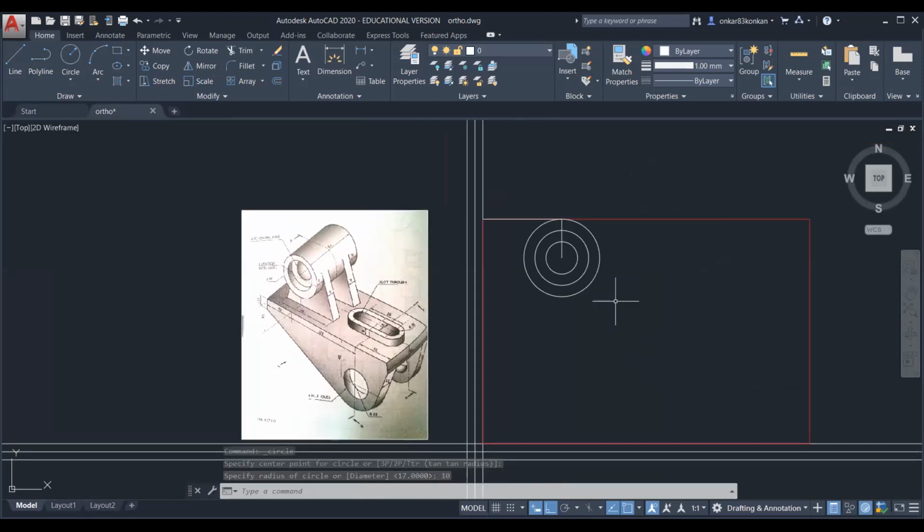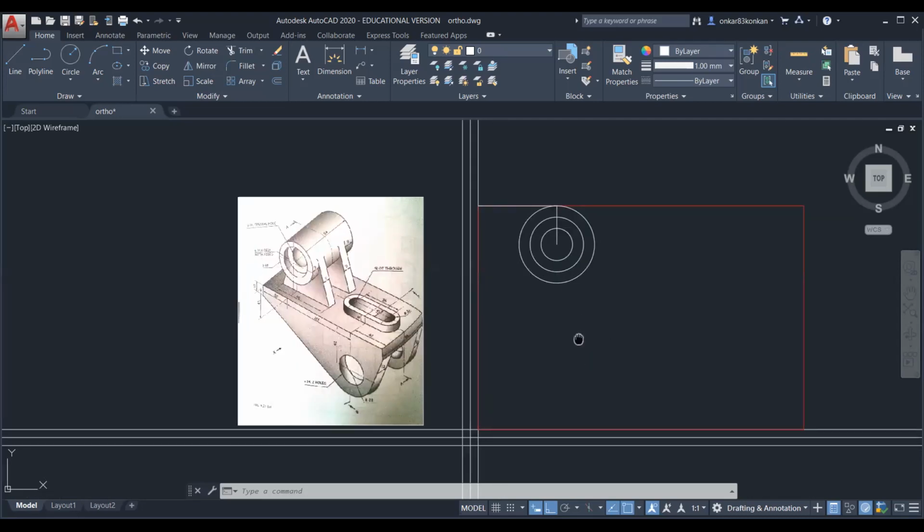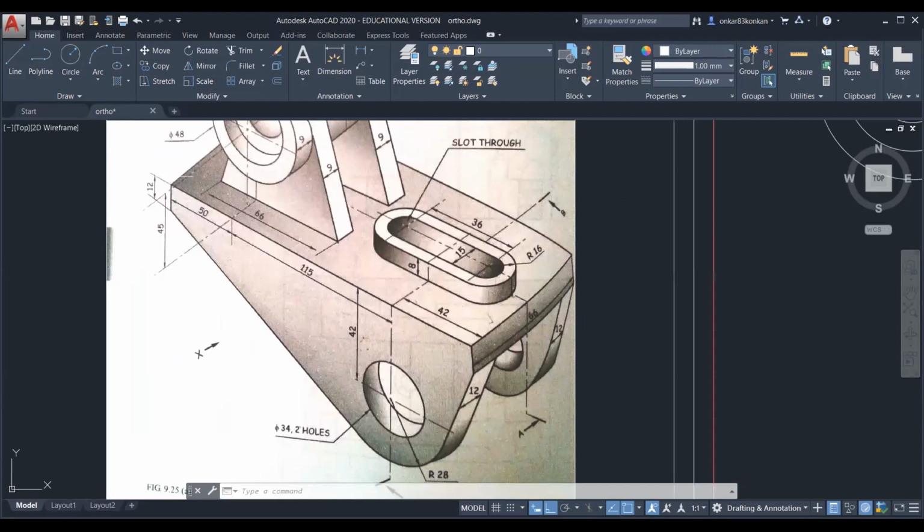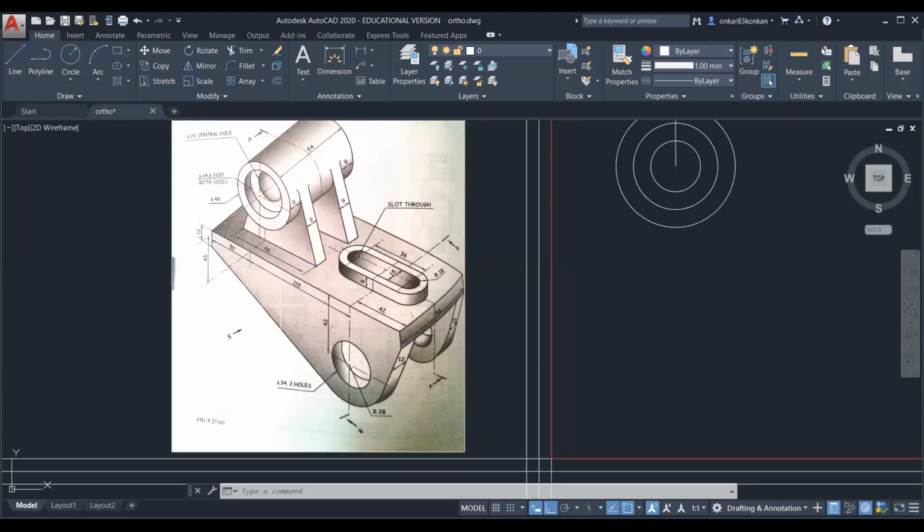So after this, we need to show the hatching region for this circle. This portion will be removed because of that section plane. So actually we need to show the hatching portion for both these circles, because they are cut by the section plane. After this, you can draw this complete line. For the complete line, dimension is 207. We should find out the position of this line with respect to this center. That is equal to 45 mm below.